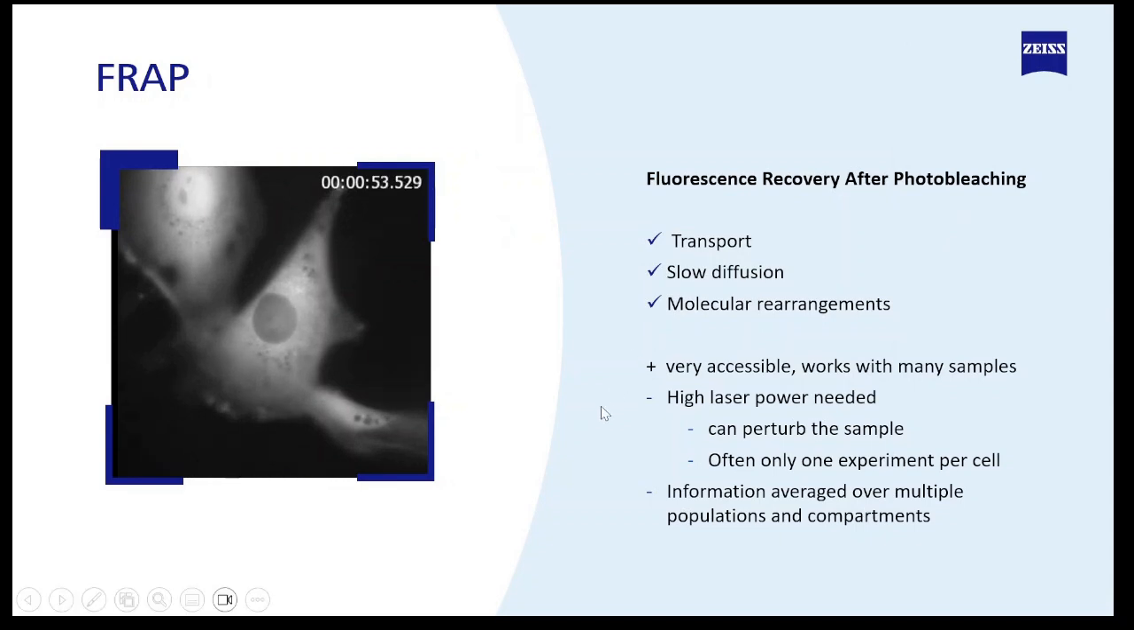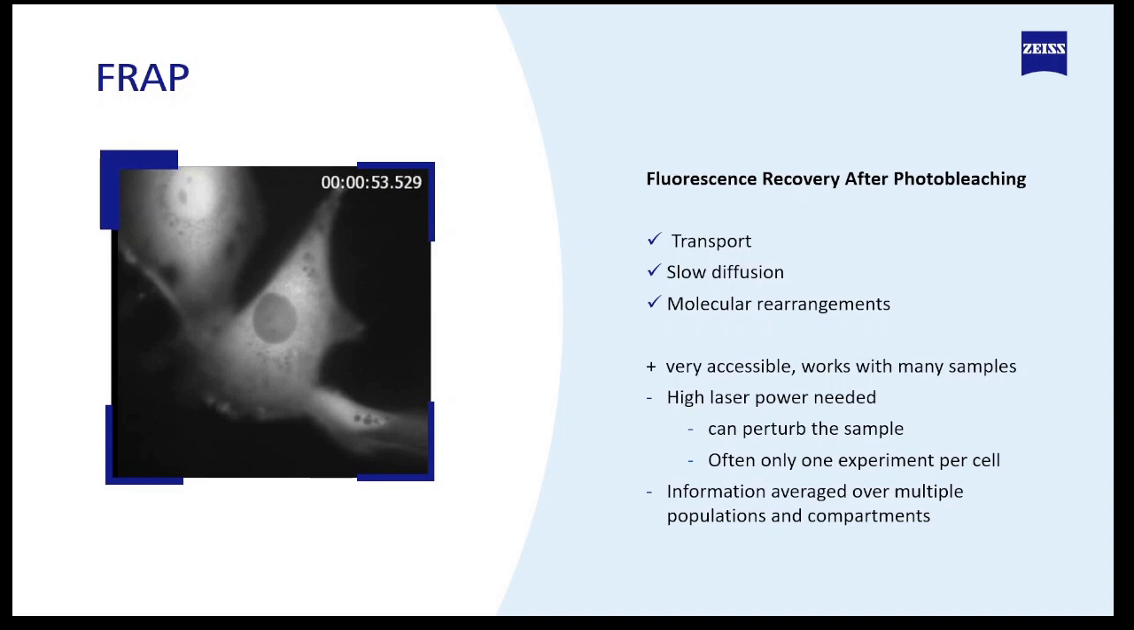The most popular way of measuring molecular dynamics is the method of FRAP, fluorescence recovery after photobleaching. This is a method of bleaching one region of the cell and recording the fluorescence recovery of that region of the cell. This method is very accessible and can work with many samples, but it also has some compromises,